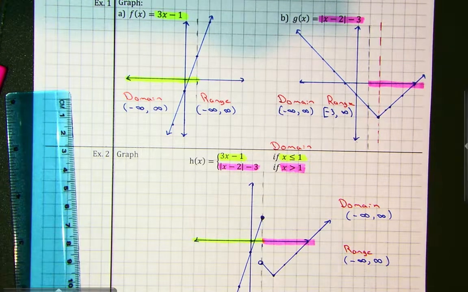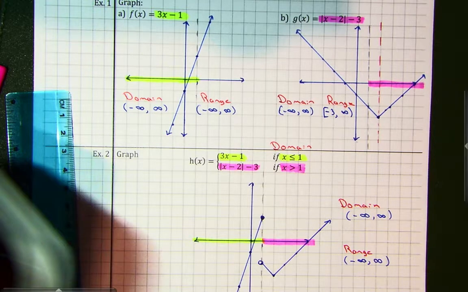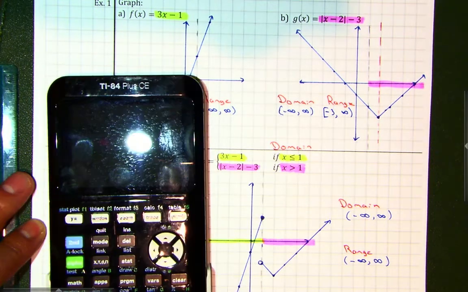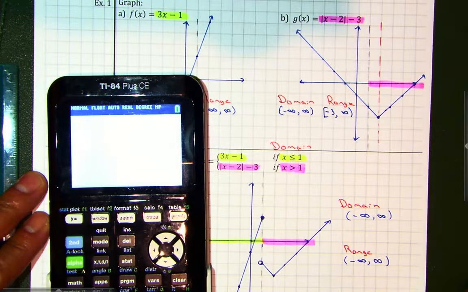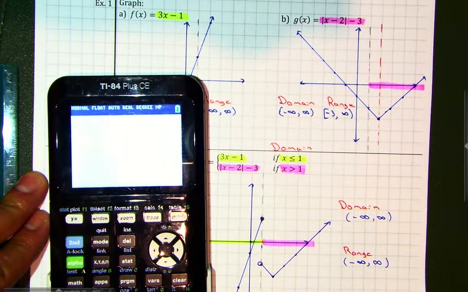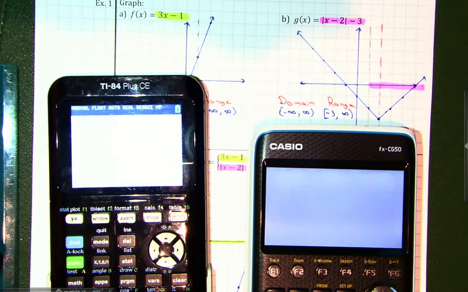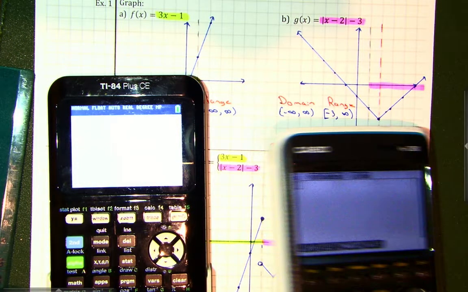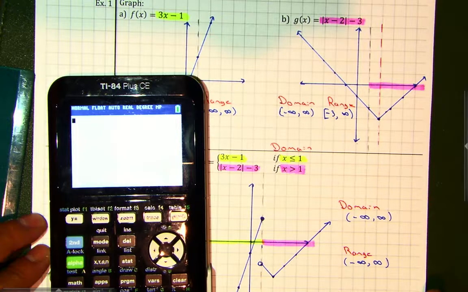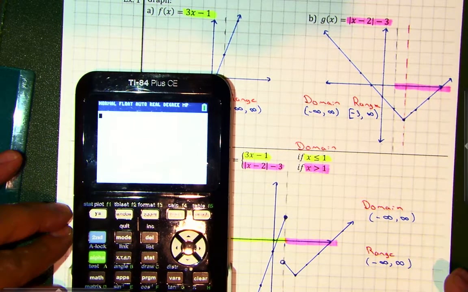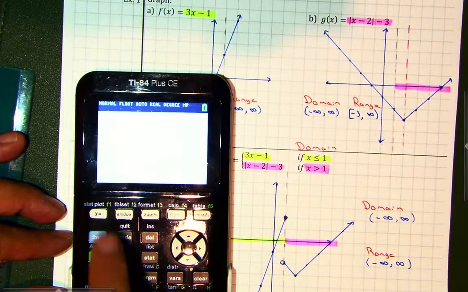Now we can also graph using a graphing calculator. So most of you guys should have a TI-84. You can also do it with Casio. You just have to look up the instructions online. Actually, I can also use a Casio in the classroom, but for this online video, I'll be just using my TI-84 to make it a little faster. So what I want to do, I want to go into y equals,